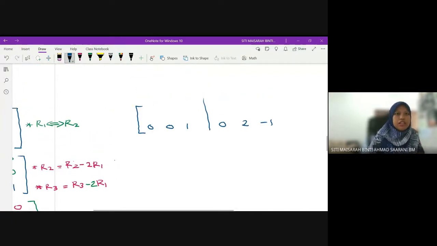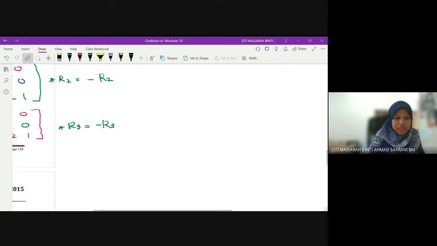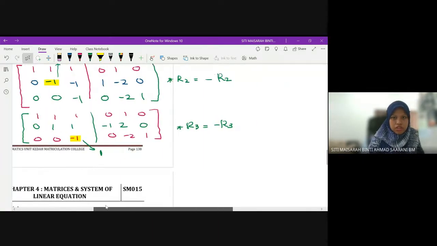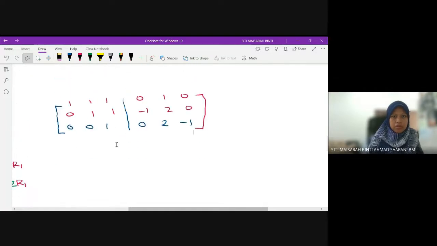And then yang first row dengan second row ni salin dulu. So first row dia should be 1, 1, 1, 0, 1, 0. Second row dia 0, 1, 1, negative 1, 2, 0. Cek dulu media salin betul tak? 0, 1, 0, negative 1, 2, 0. Okay, betul. Okay. Now, next we are going to